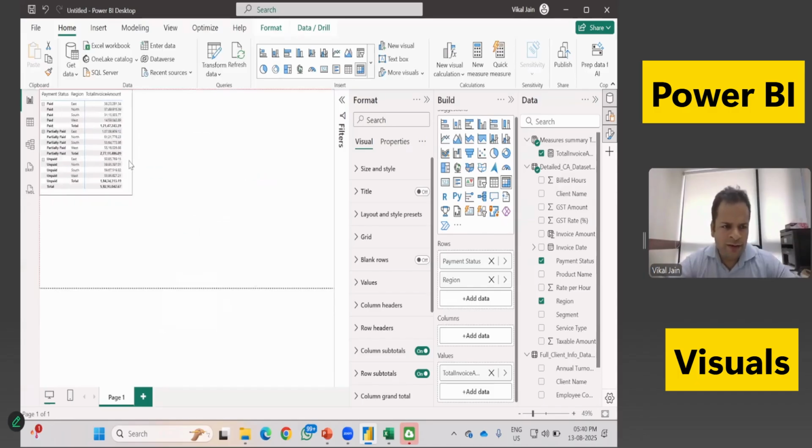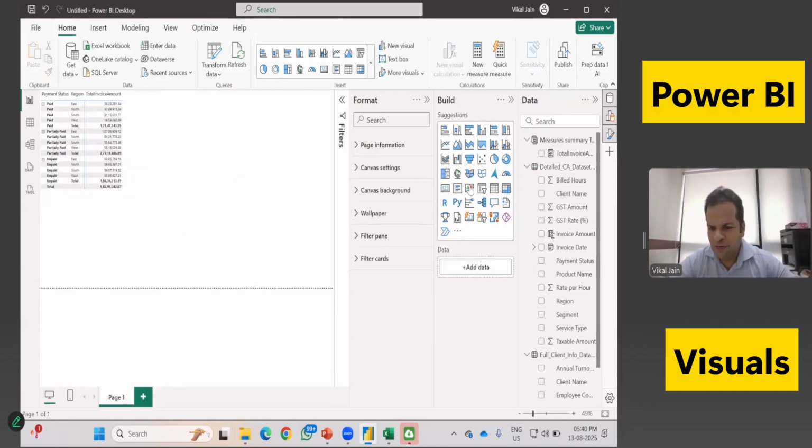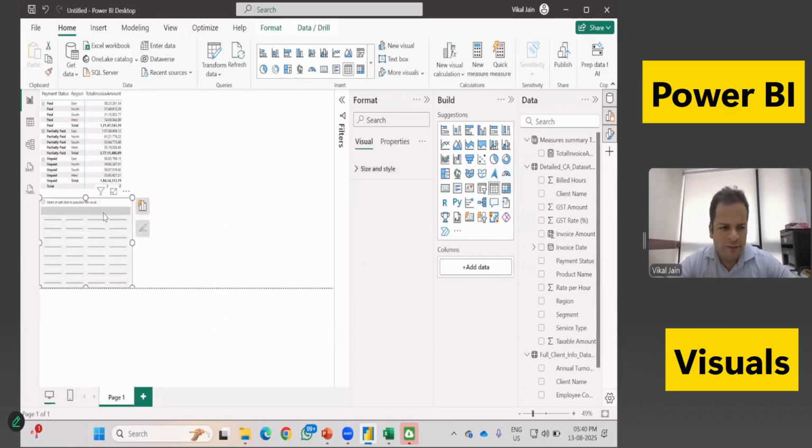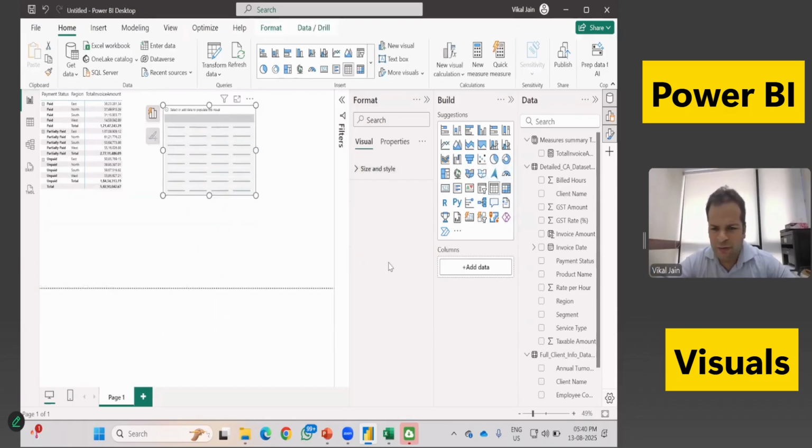Now I'm going to deal with the second option, which is table view. Table view is here, and you can see this is a matrix view, a blue liner, and this is a table view. The table view and matrix view are the same, but you will see there is no option to add calculations, columns, sorry, rows and filters. This is just the group by function of your Excel. So let me just add the client name, and you can see the client name is here,